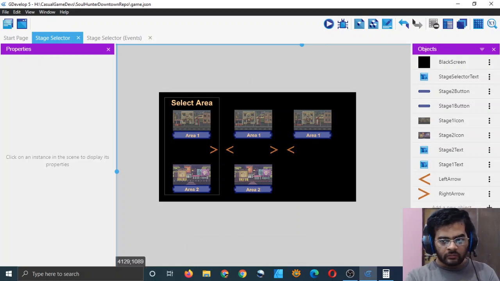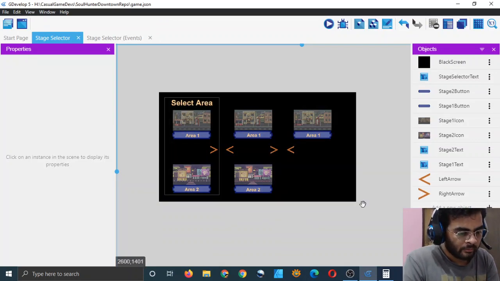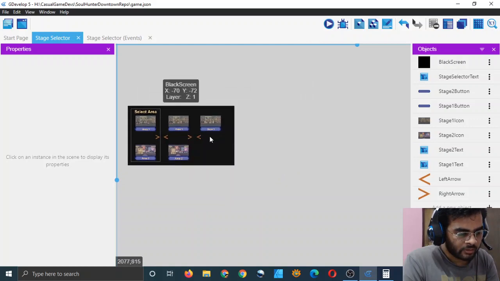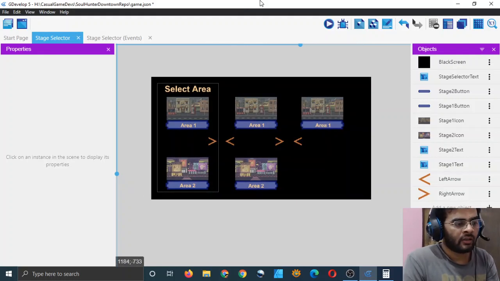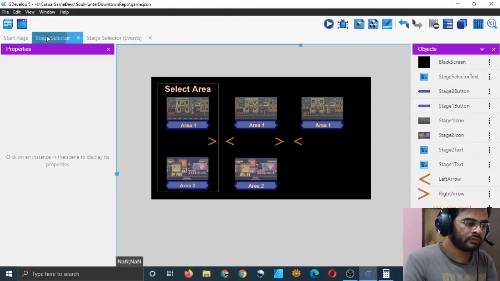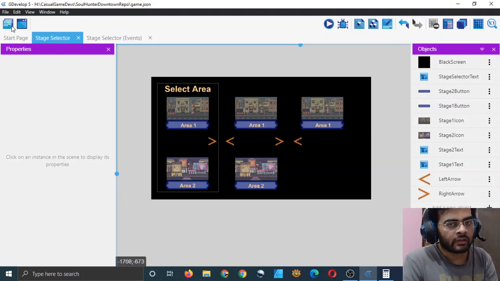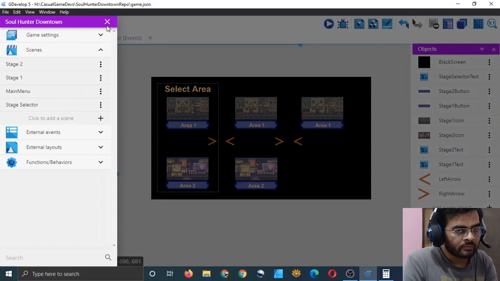A scrolling system for the multiple stages. And this way we don't even need a variable to keep track of how many stages we have, because we are already telling it here. Right? We are manually making the scroll system. We are manually building the list. It's not being built for us dynamically. Although you can do it, it will just make the code super complicated. If we have several areas and it's dynamic, it keeps adding, then you have to do it with code. But right now we don't need to do that. We just have two areas.